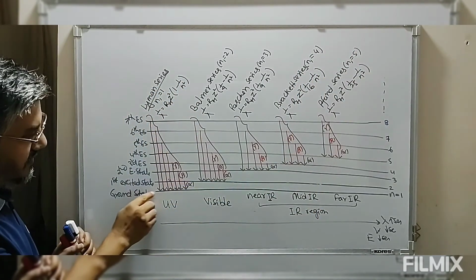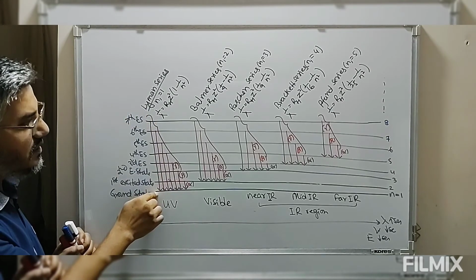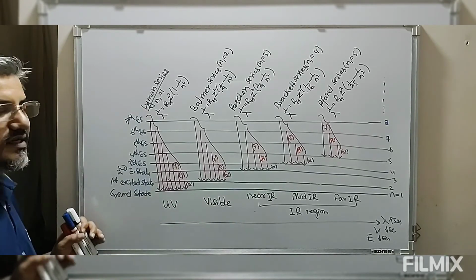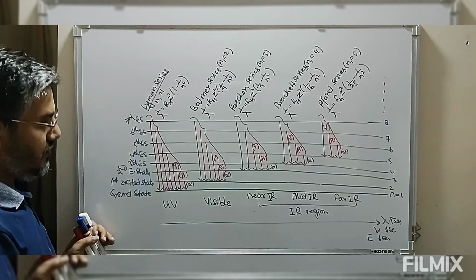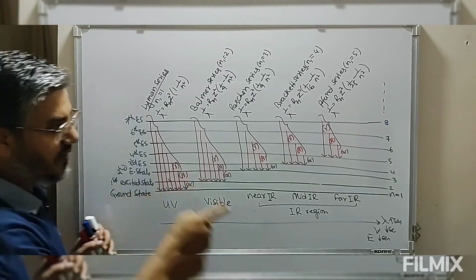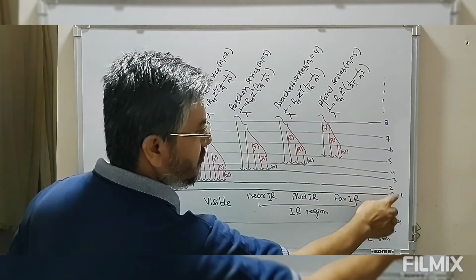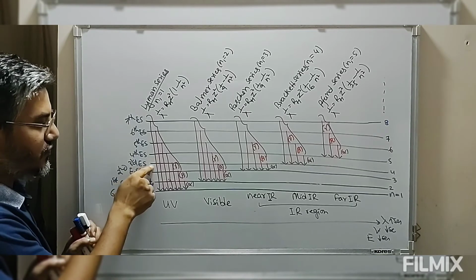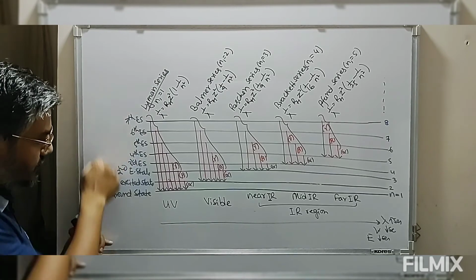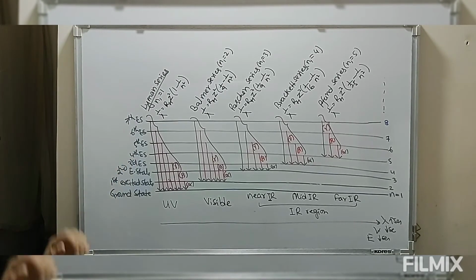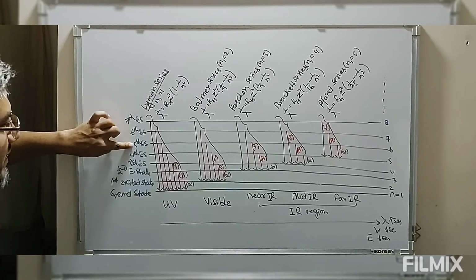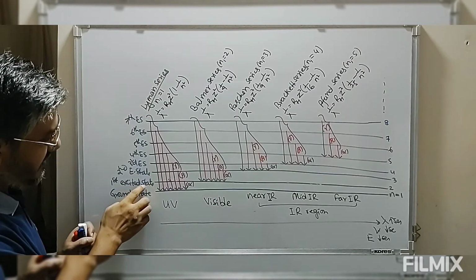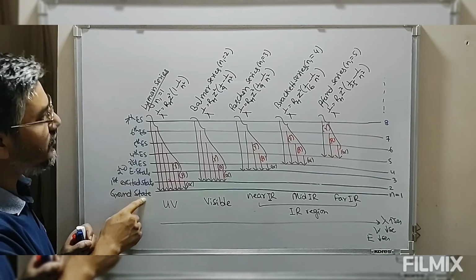So this represents the orbits, various energy levels. Though I am having here as a straight line, this is just for understanding. This is circular. So this is the ground state, N equals to 1. If N is equals to 2, we say this is the first excited state. N equals to 3, second excited state. N equals to 4, third excited, fourth excited, fifth excited. So this is the meaning of the different excited states. So if I say the 5th excited state, means N is 6 here. So now look at this. The first excited state to the ground state for this Lyman series.